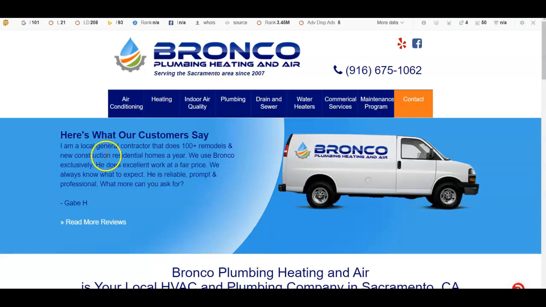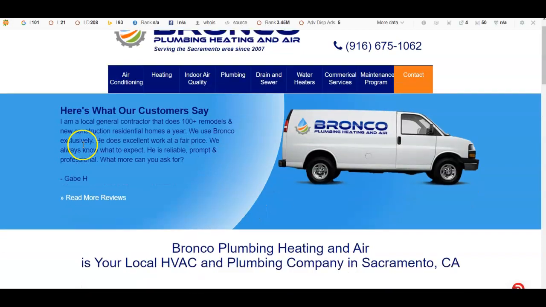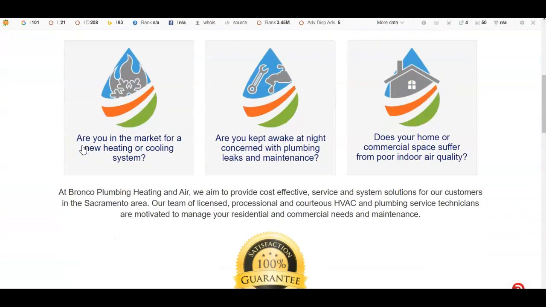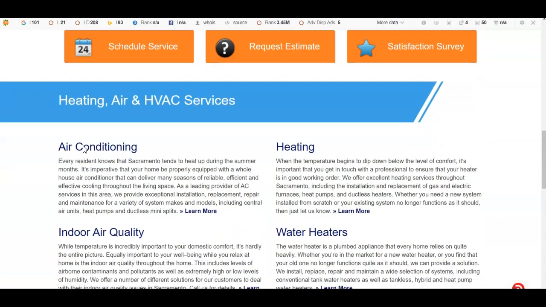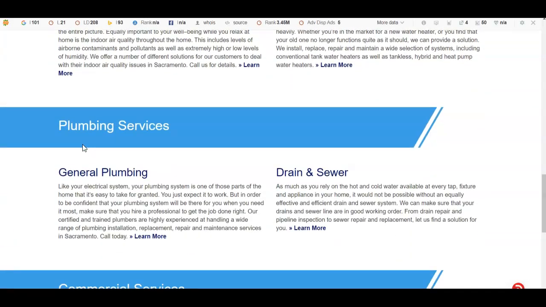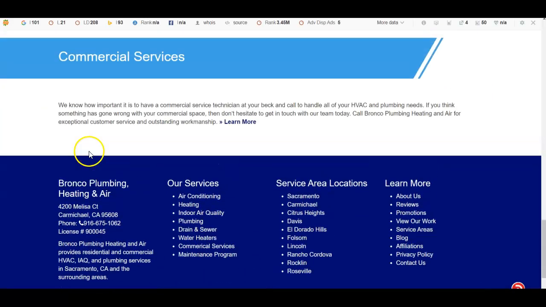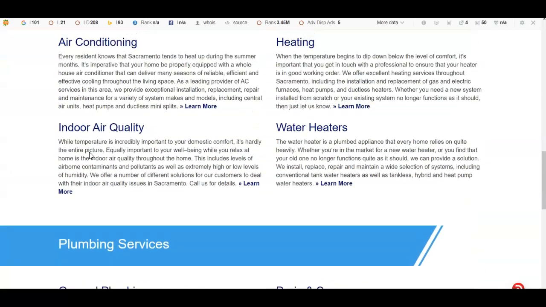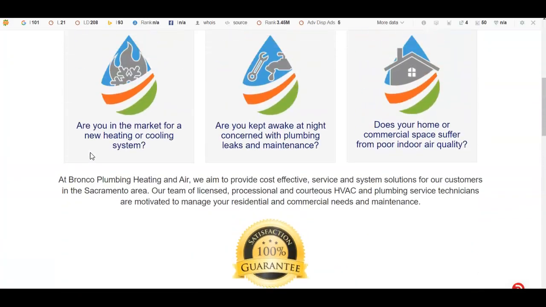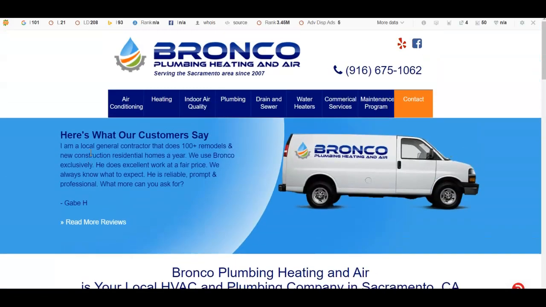So content is anything that can be found within the website. So any words being used, pictures, what the pictures are being saved as, what's behind the pictures, any videos. So in order to rank for Google, they do look for a minimum of 1,500 to 2,000 words. So I do see that you do have a lot of content here. By having a lot of content, then you're able to use more keywords. Now, keywords are the words that are being used in a search engine to find a company or a particular service. So the more keywords you have, the more online presence or traffic to your website you'll receive.